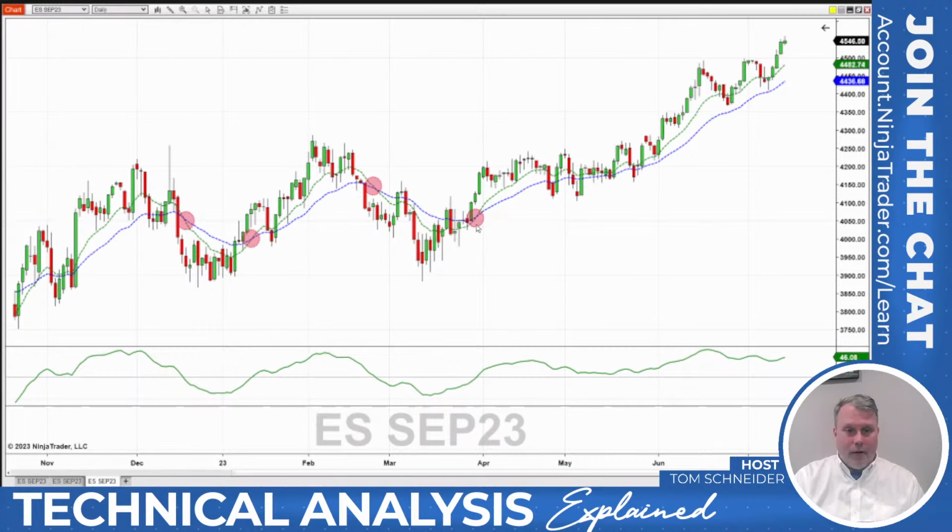Well, what's happened since the end of April on the E-mini? Really, since early March, it didn't catch this so much, but look at that. It's been bullish ever since. And what has the market done? The market has gone up. So again, past performance is not always indicative of future results, but this is the state of bullishness that the MACD has identified.